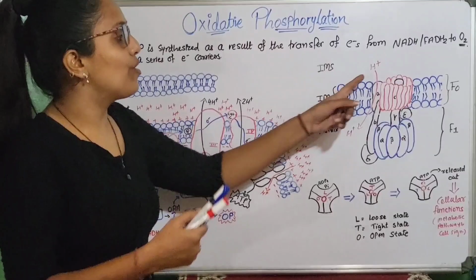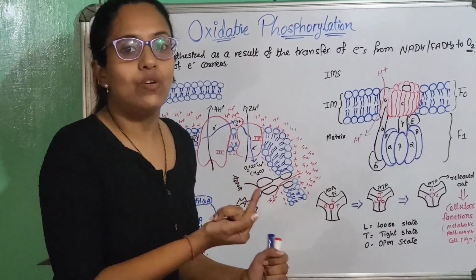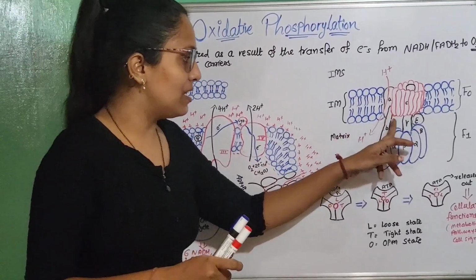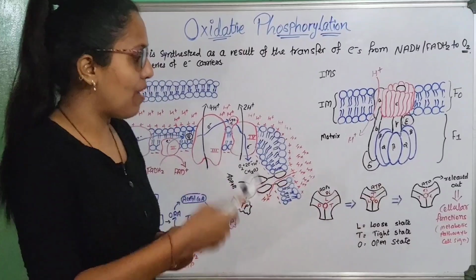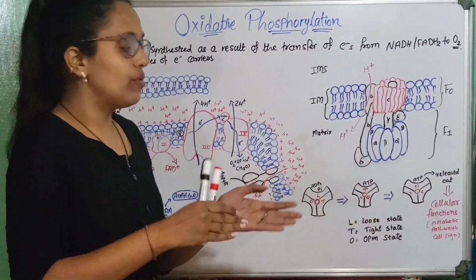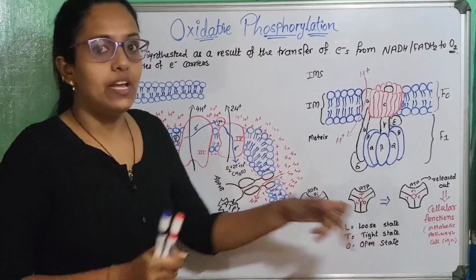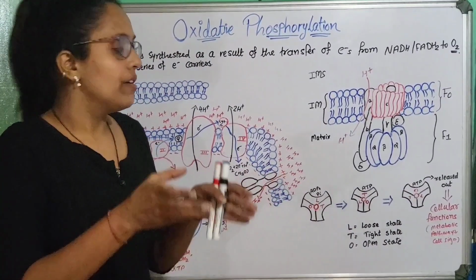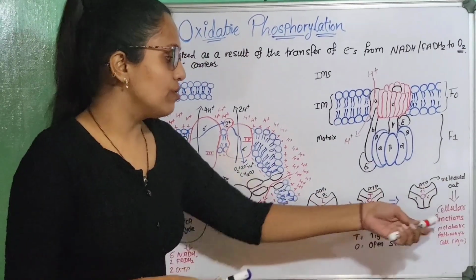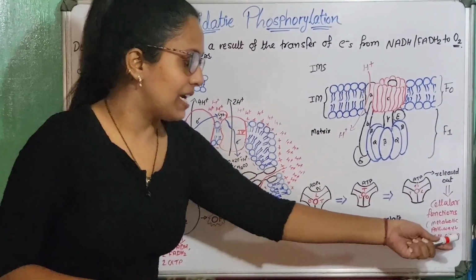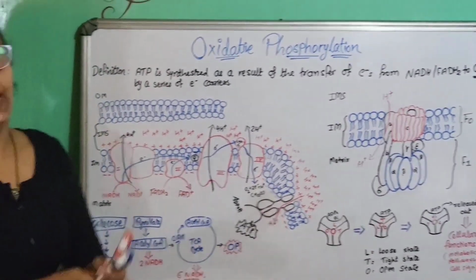So when another proton enters from the intermembrane space to the matrix, once again the C ring rotates, followed by the gamma central stalk, and then followed by beta subunit rotation. So now it changes into the third conformation state, that is called the open state. Here it is no longer bound with the ATP, and hence ATP is released, which can be used in different cellular functions like metabolic pathways and cellular signaling. So at the end of this, we can conclude that